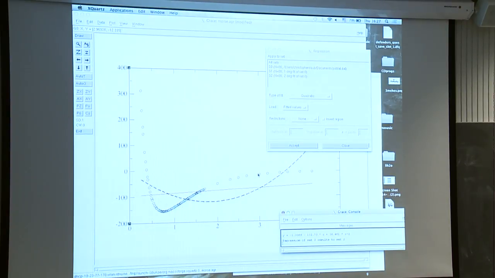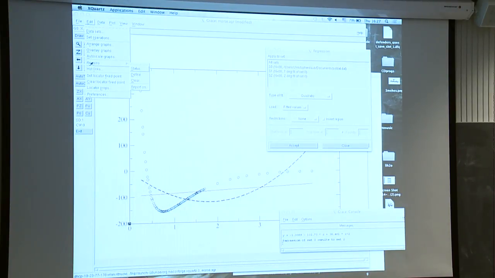So one thing to think about when you're doing curve fitting is, what part of the data am I actually concerned about? Do I really want to fit this whole thing, or do I really want to concentrate on understanding what's happening near the bottom of this potential well? I mean, that's where this platinum atom really wants to sit, and that's the potential it's going to vibrate within, for example. So maybe I don't care what happens up here, and maybe I don't care what happens up here near the inner wall, and I should just focus on what's happening here. I can do that within xmgrace by